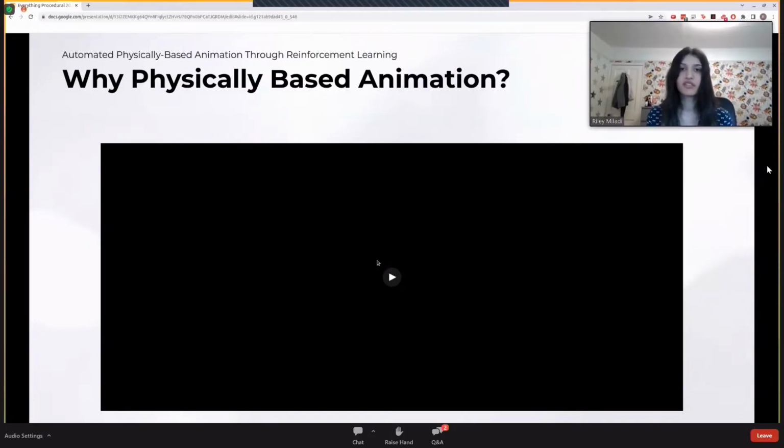And besides automation, I think we can get a lot of other benefits from it as well, like realism and groundedness. We as humans are really good at telling when things around us move in a physically impossible way, and that just looks off to us. This is a problem that you see a lot in traditional animation, since we go based on what looks good. To give you an example of this, I'm going to show an exaggerated example from